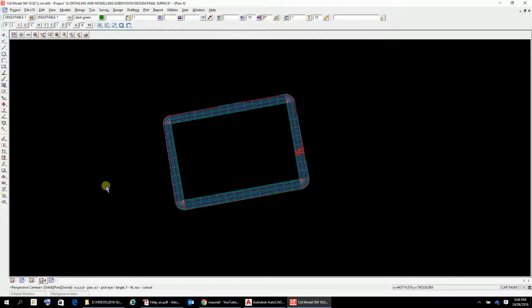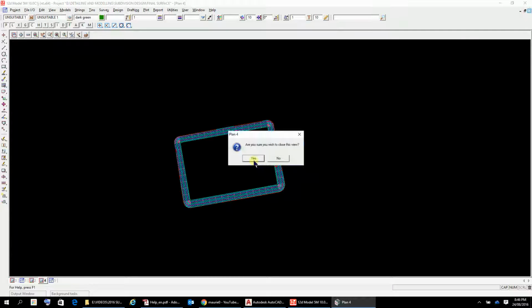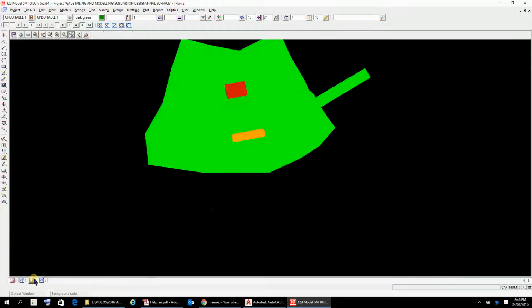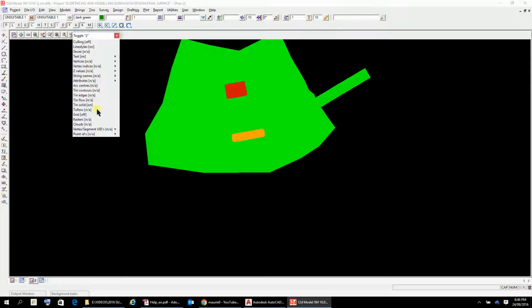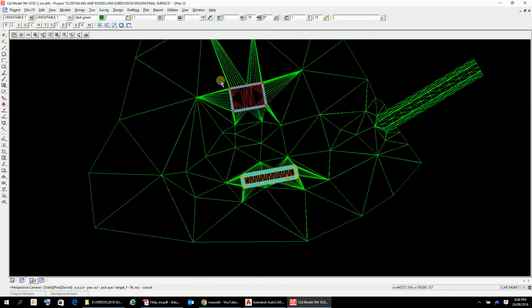So I'm just coming back to this plan view. Oh, not that one. I think we could probably delete that view. Don't need that one anymore. Yes, we'll close that view, and we'll come back here. Oh, this is tin solid. So let's just turn off the solid there. So that's our view there,